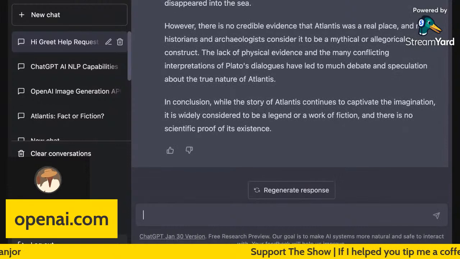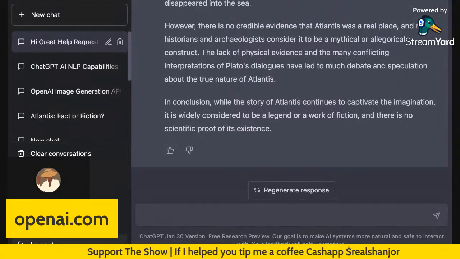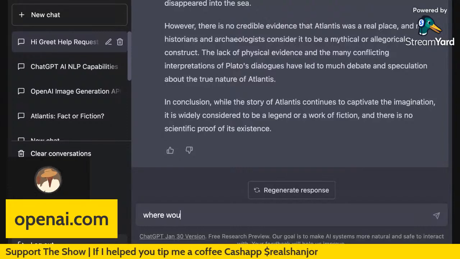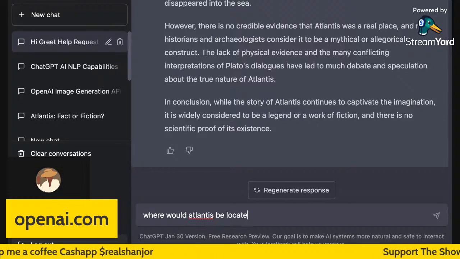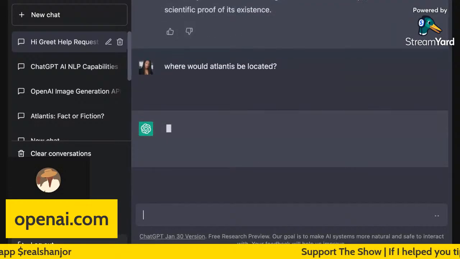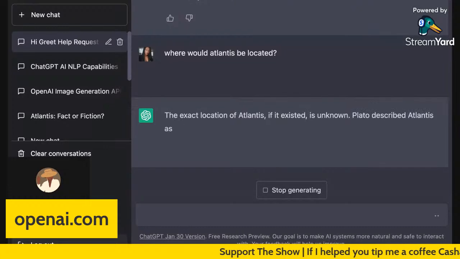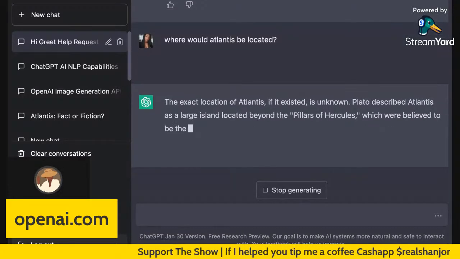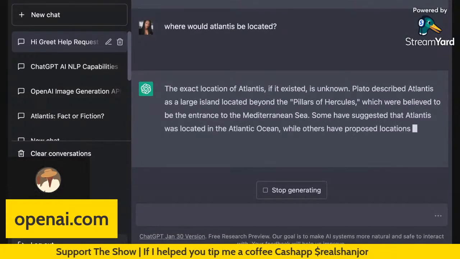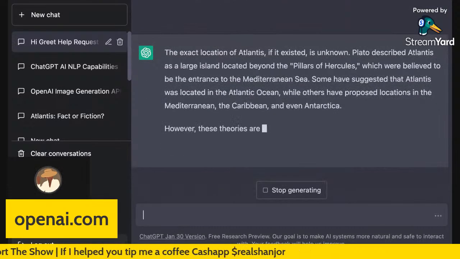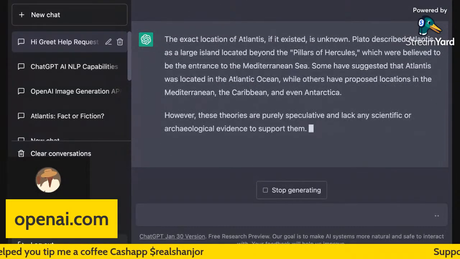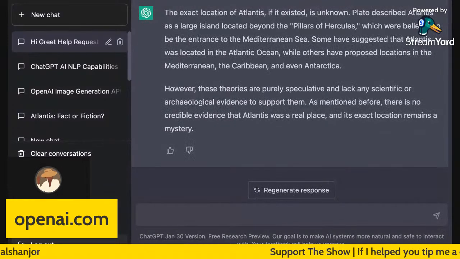In conclusion, while the story of Atlantis continues to captivate the imagination... Let's ask, where would Atlantis be located? Plato described Atlantis as a large island located between the Pillars of Hercules, which are believed to be the entrance of the Mediterranean Sea.